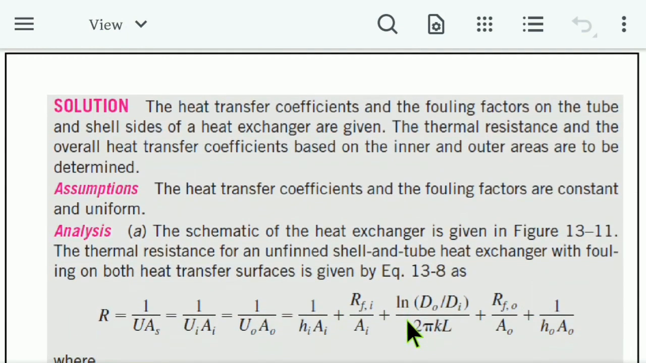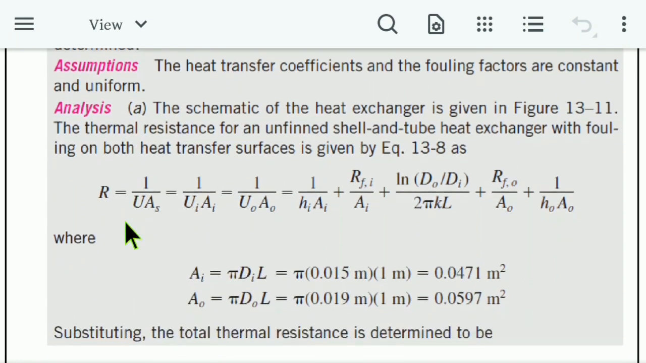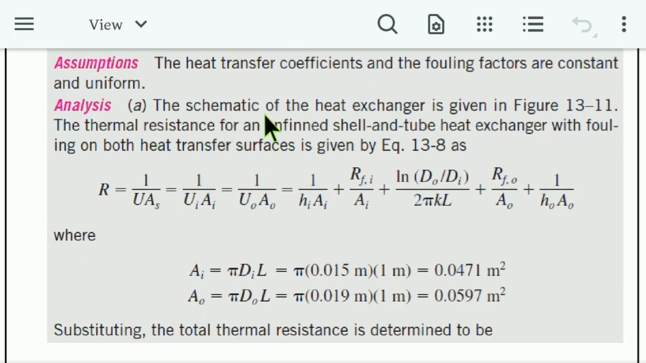Solution: the heat transfer coefficients and the fouling factors on the tube and shell sides of a heat exchanger are given. The thermal resistance and the overall heat transfer coefficients based on the inner and outer areas are to be determined. Assumptions: the heat transfer coefficients and the fouling factors are constant and uniform. Analysis: number A, the schematic of the heat exchanger is given in figure 13-11. The thermal resistance for an unfinned shell and tube heat exchanger with fouling on both heat transfer surfaces is given by equation 13.8 as R equals 1 by UAS,